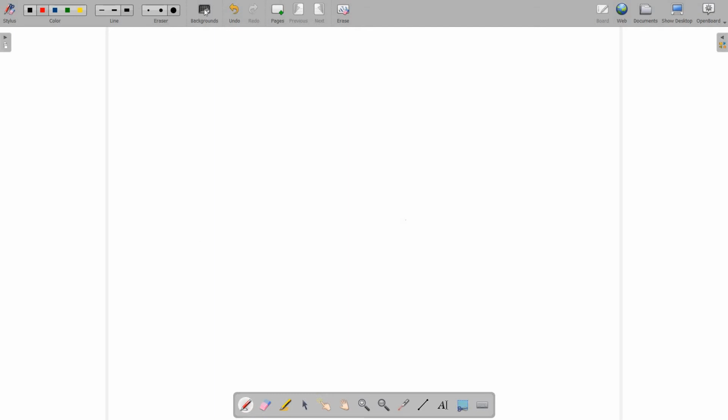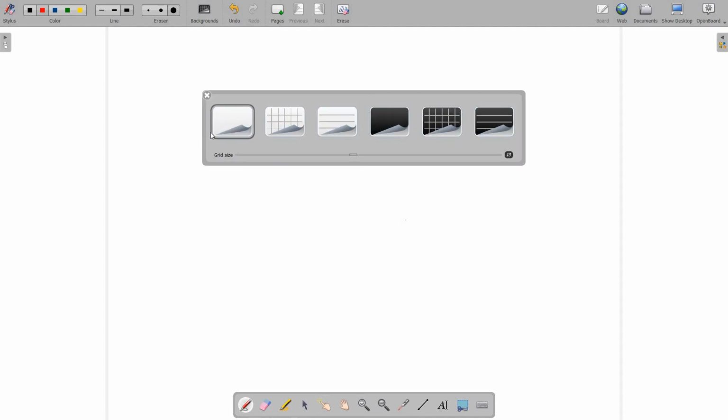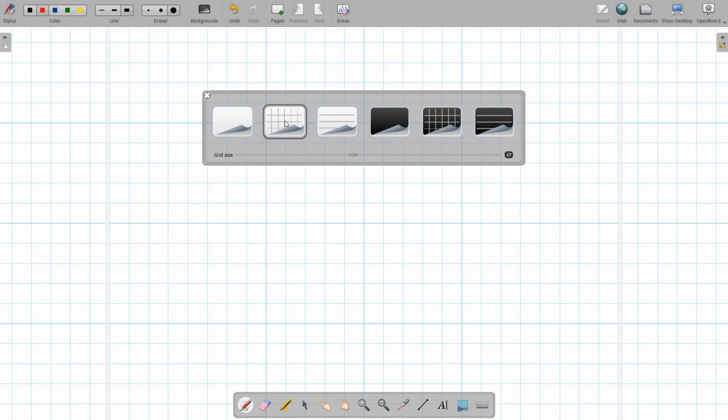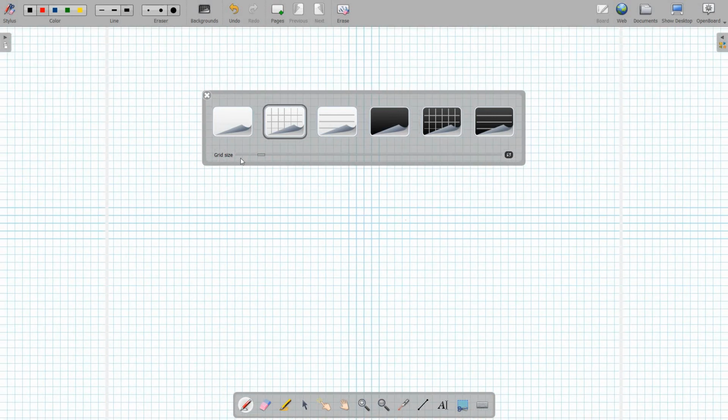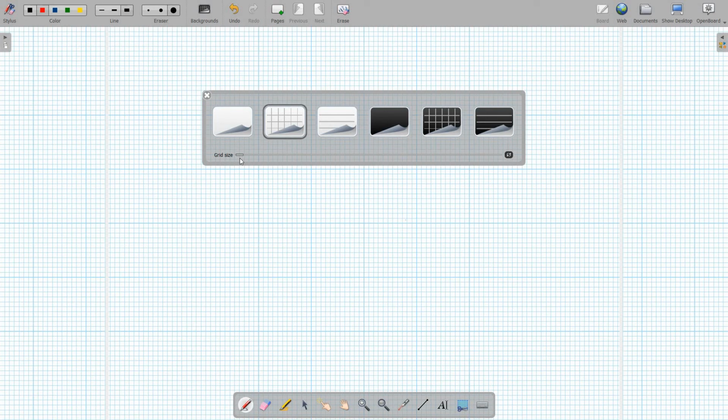Now we have the background menu bar. The first one is already the one that we are in. The next one is we can select background of this grid form. So this grid background, when we select, this can be used for addition, subtraction for lower classes. In each of these grid, we can place a number and we can go for vertical additions or subtractions, the way that kind of additions small children do. Okay. And also the grid width, or the spacing between the grid, we can reduce it, and hence we can convert the grid background to a graph paper. And this background we can use for plotting graphs.